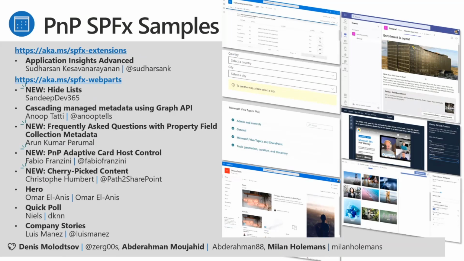There are a few shout outs that I wanted to do too. Denis Molotov has actually done over 10 pull requests to add dev containers to some of the web parts that didn't have dev containers. So if I just listed the updates, there would be a page dedicated to Denis here. But I also wanted to thank Abderrahman Mujahid, who is constantly contributing to the issues and helping people solve issues.